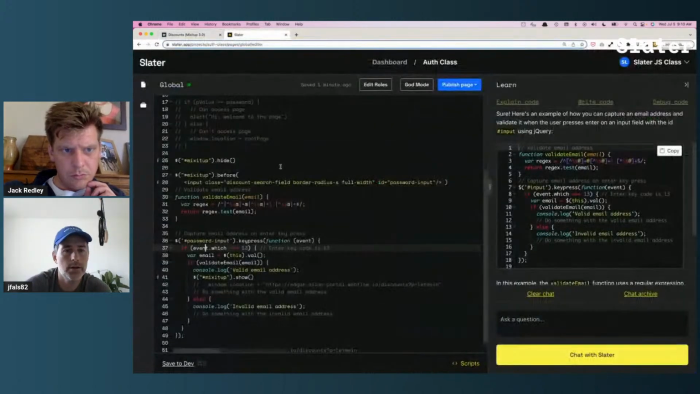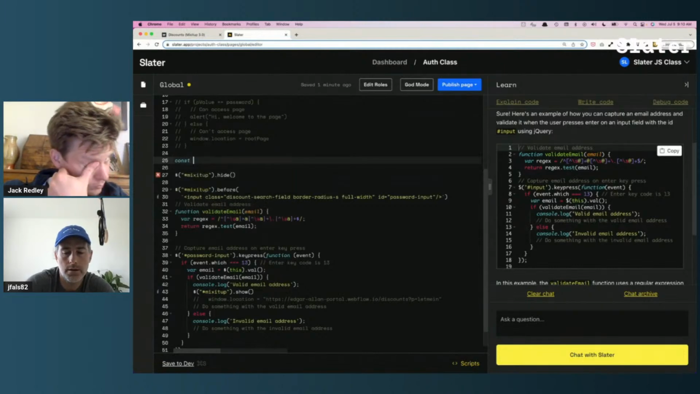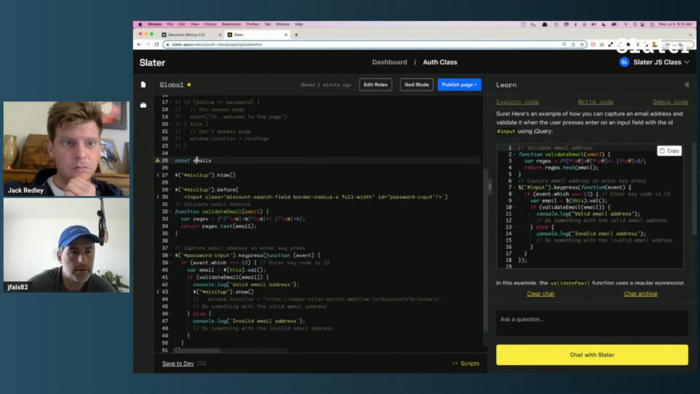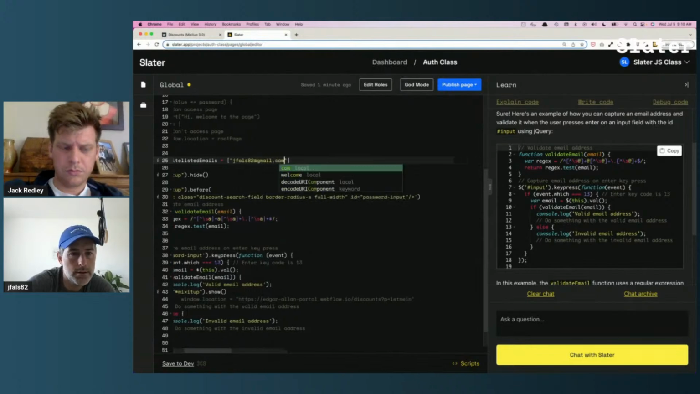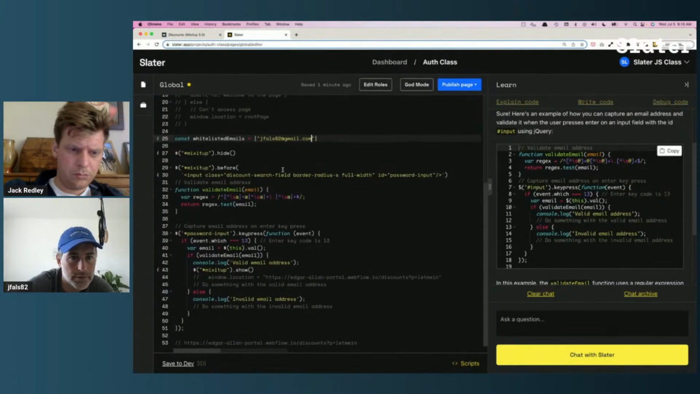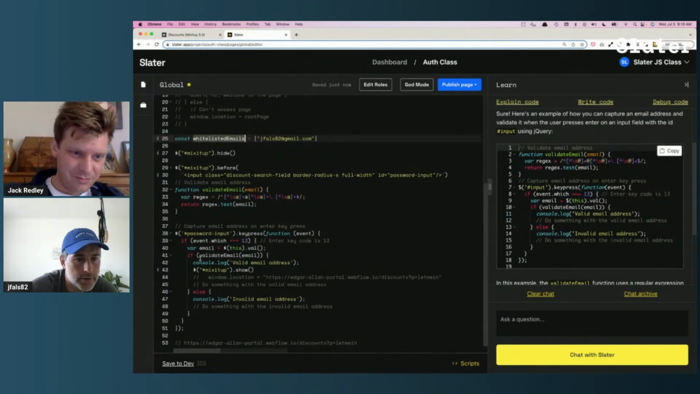Another thing we could do, let's say that we want to whitelist only a few different email addresses. So I could have emails, let's call this whitelisted emails equals jfiles82@gmail.com. It's my personal email address, so don't spam me. But we could come down here, we could validate that it's an email, but really we don't need to validate if it's an email if it's only one of the whitelisted ones. So what we could do here is,